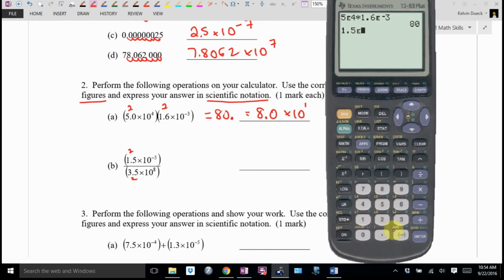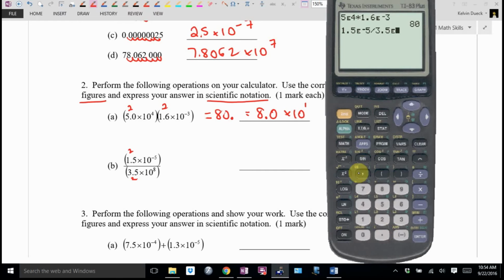1.5, scientific notation button, negative 5. And you'll notice, although I handwrite brackets, when I type, if I use my scientific notation button, the brackets around it are kind of understood. My calculator knows to treat that as one thing, which is kind of nice. Divided by